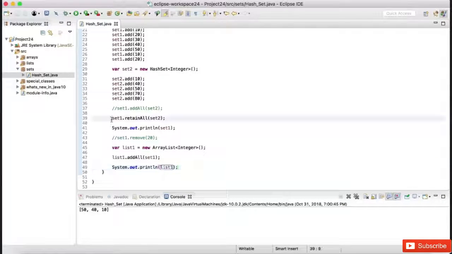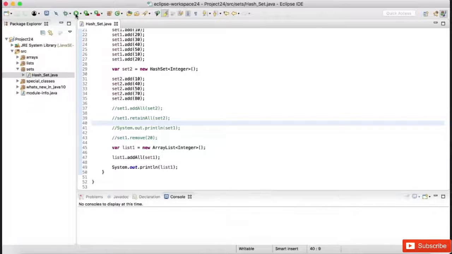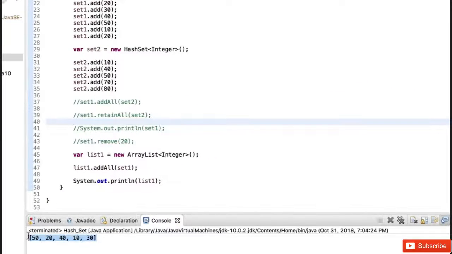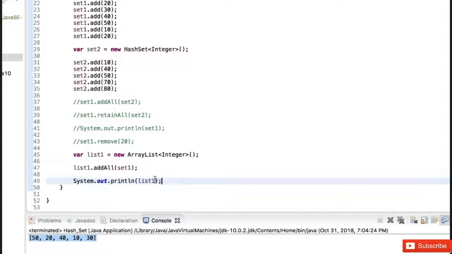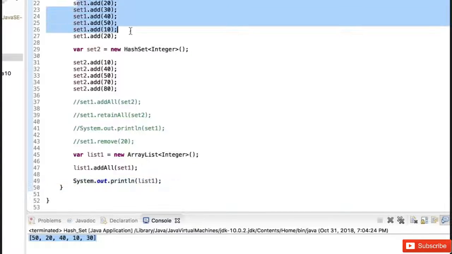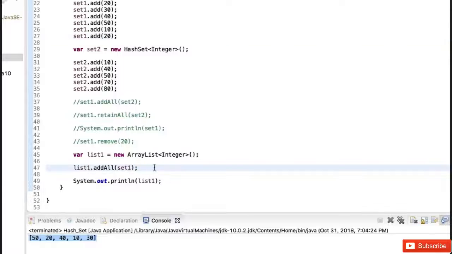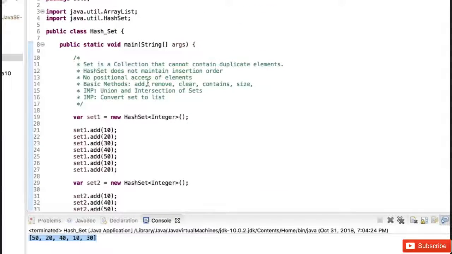So let me, for example, comment these lines here. So these are the elements now from list1 which are there in set1. So this is the way you can convert a set into a list. So this is about the HashSet. In the next session, we'll see the